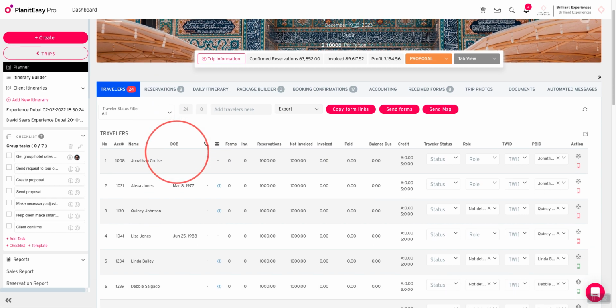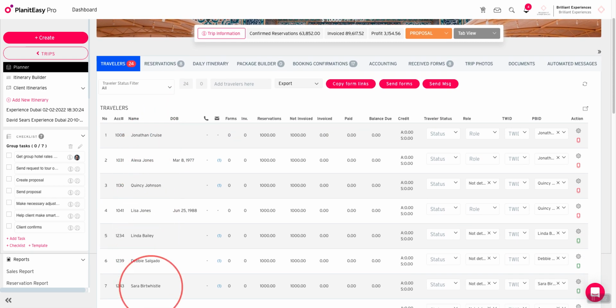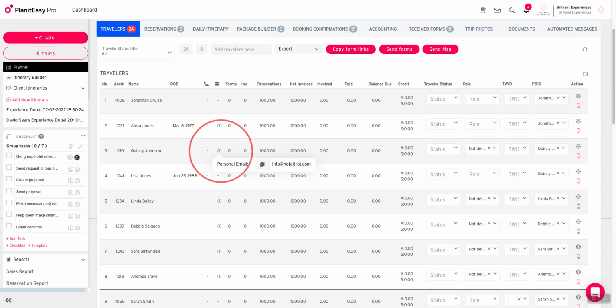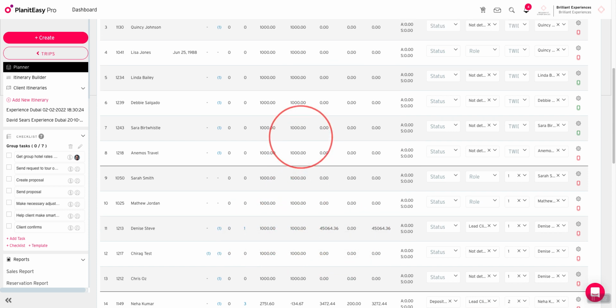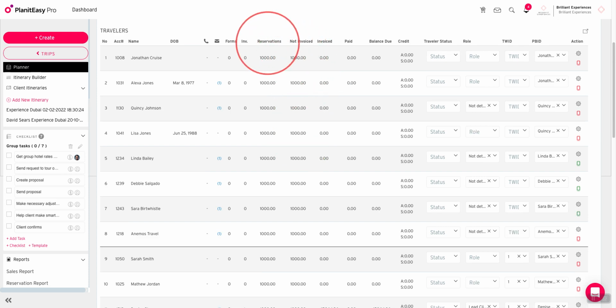As we look at the specific travelers here, all these different columns are here for just quick views. You can see the profile account number of these people. You can go ahead and see their email addresses very quickly and copy them. You can go ahead and see all the invoices that are in their name by hovering over it. And here you can see different functionalities for the invoice that's in this person's name. You can also see the reservations,